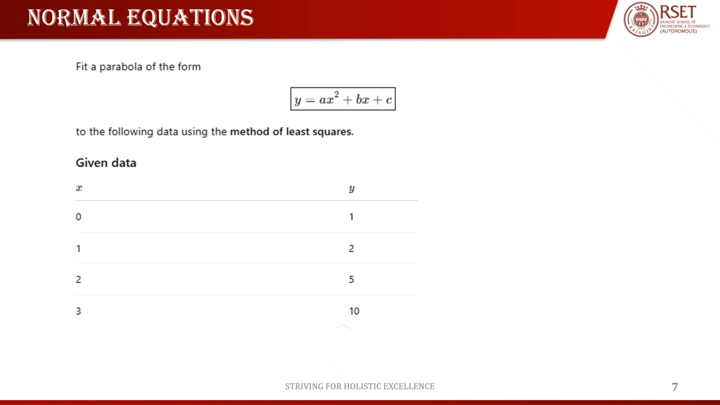And now let's try this question. So you're asked to fit a parabola of the form y is equal to ax squared plus bx plus c to the following data using the method of least squares. Okay, instead of method of least squares, you can just use the normal equations. Okay, just change this question to using the method of normal equations. Okay,